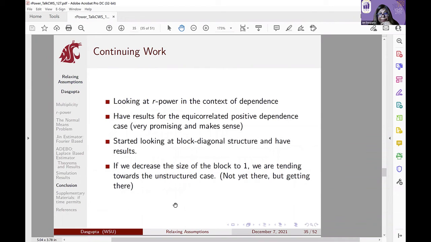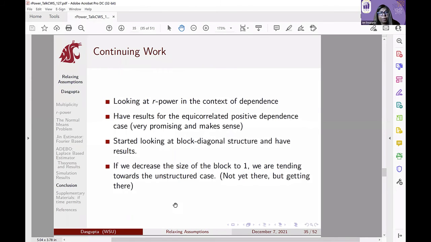Continuing work, we remember one of the assumptions we made in R-power was that all of the 1000 hypotheses were independent. We know that never works in real life. If you're working in genetics, in genome-wide association studies, on the same organ, there are always going to be groups of genes that work together. So saying every one of them is independent was not the correct assumption to make, but mathematically it made sense, and so we went with that.